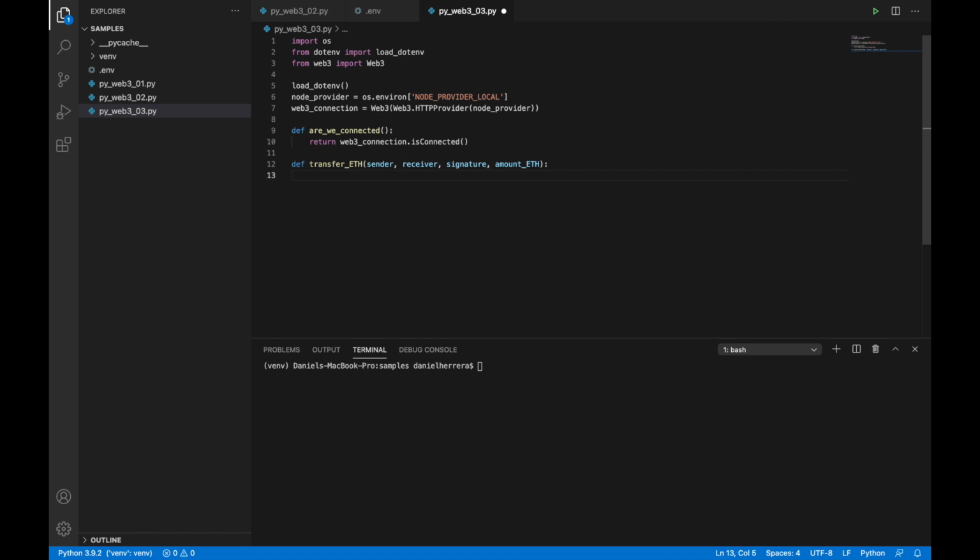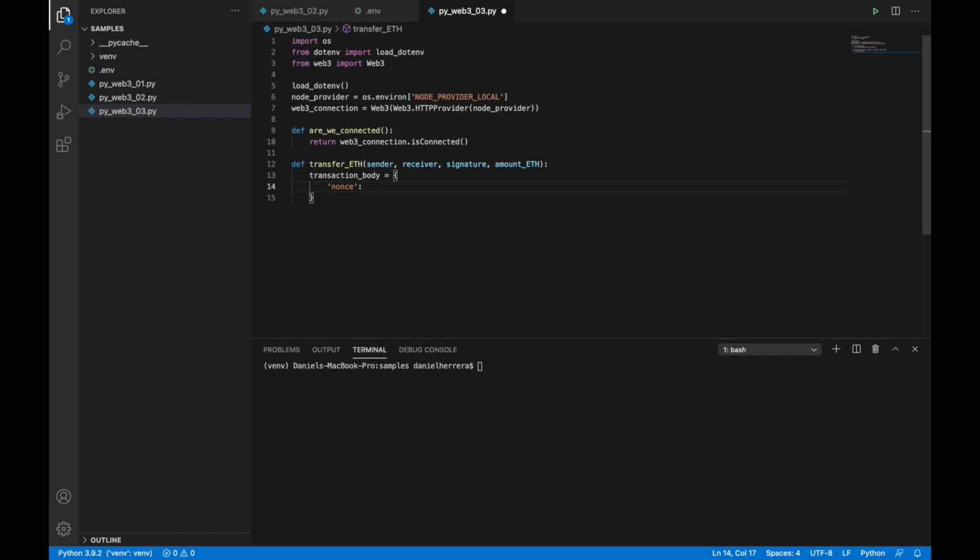Now, when we send a transaction, we need to create a little dictionary that has a JSON-like structure. It's a Python object, and we're going to send that one over. We're going to first sign it and then send it to the node. So let's do that. We start by creating the dictionary. We're going to call that one transaction body, and transaction body will have the following